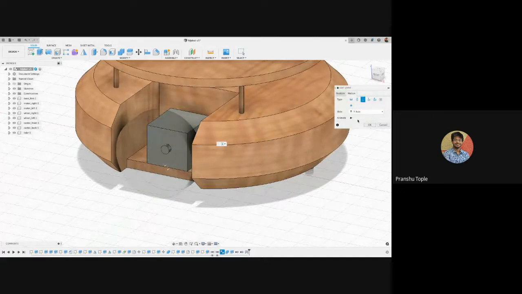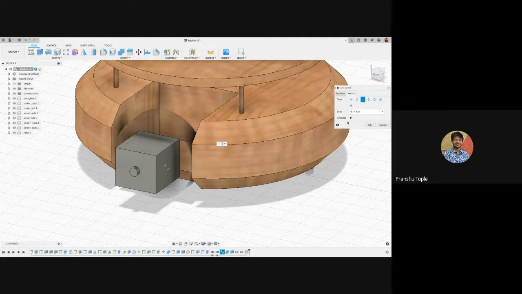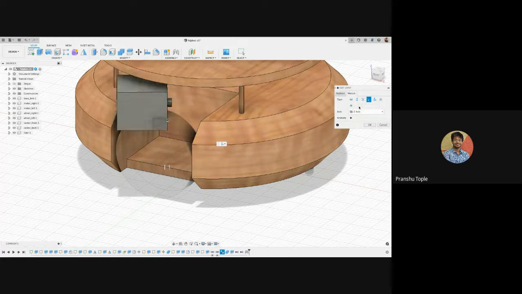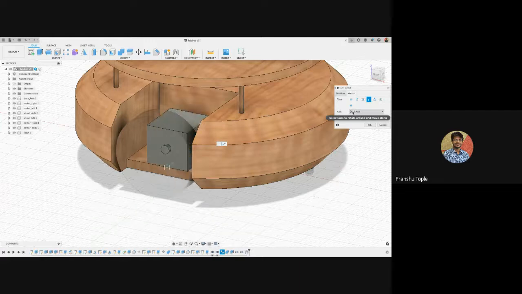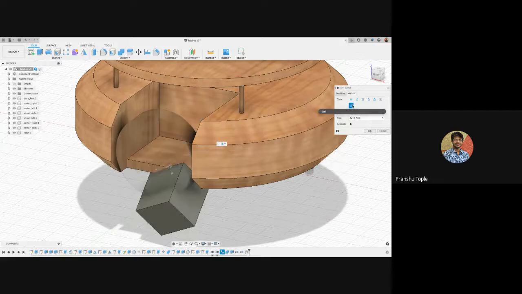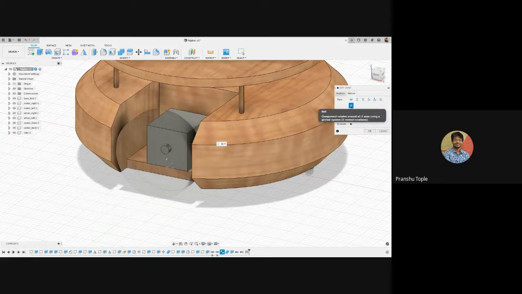In, let's say, y-axis, I can make a slider joint if I'm making a linear actuator or something. There is cylindrical joint. Cylindrical joints is used in nut and bolts. There is pin slot joint. There is planar joint, so it can move anywhere in a plane. There is a ball joint as well. So ball joint is a universal joint.